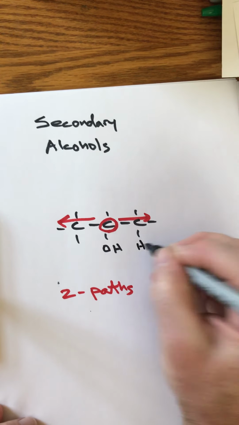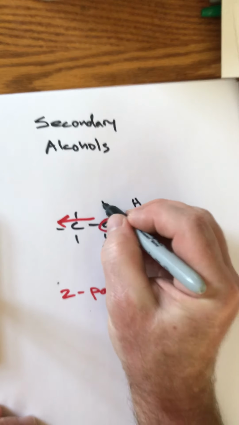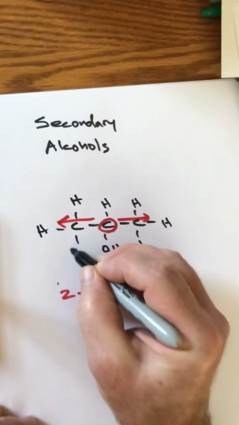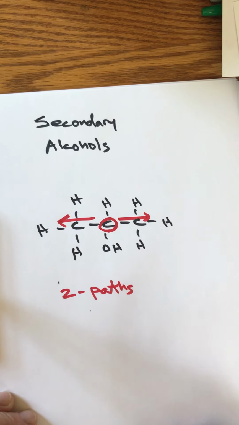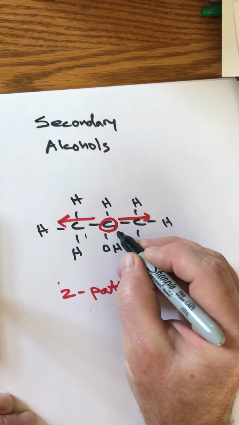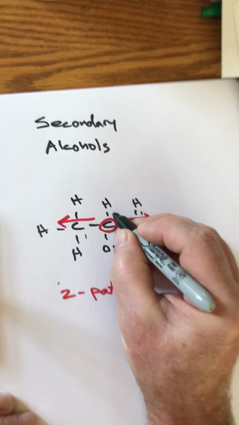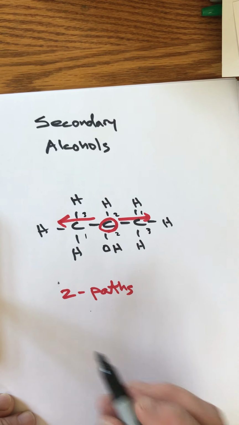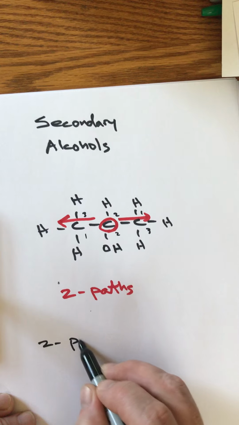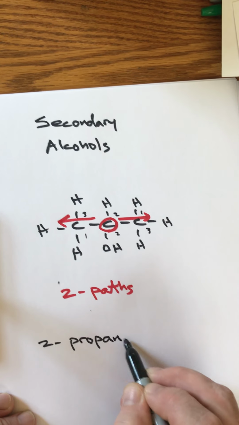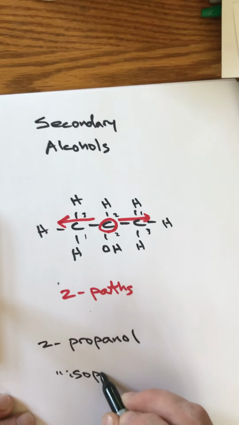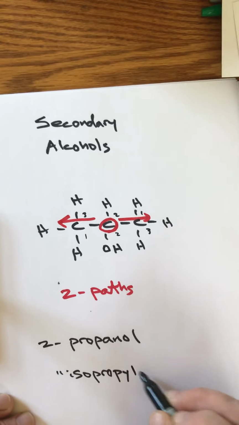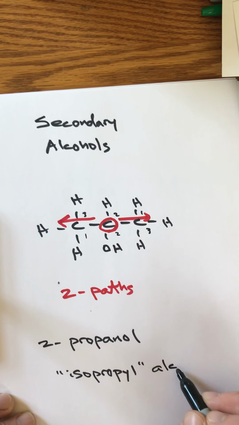The hydrogens that are here and here and here and here and here and here and here, they only make one bond. That ends the chain, but I can always pop off a hydrogen and put as many carbons on there as I want. If there are 2 paths, we call that a secondary alcohol. So if this is carbon number 1, number 2, number 3, or 1, 2, 3, either way it's a number 2. I would call this one 2-propanol, which you know as isopropyl alcohol, because it's an isomer